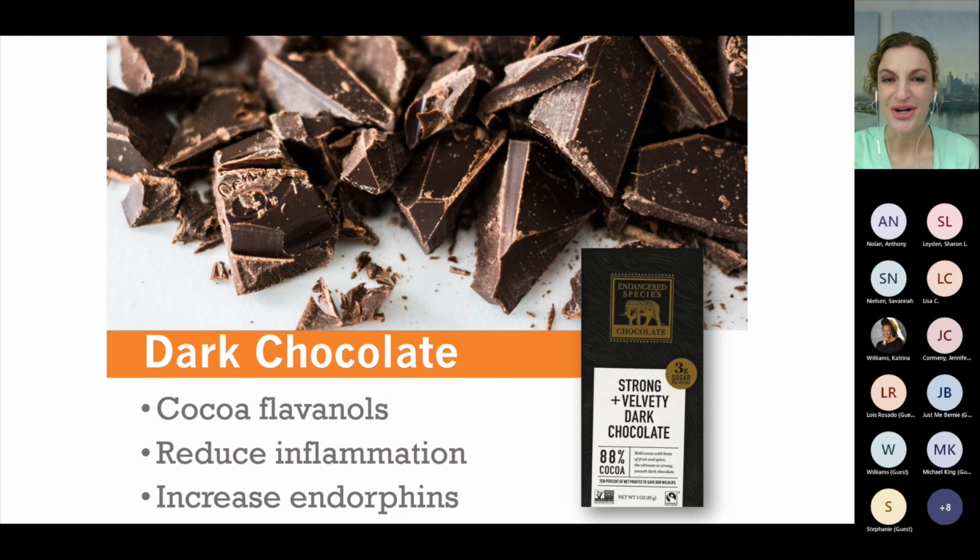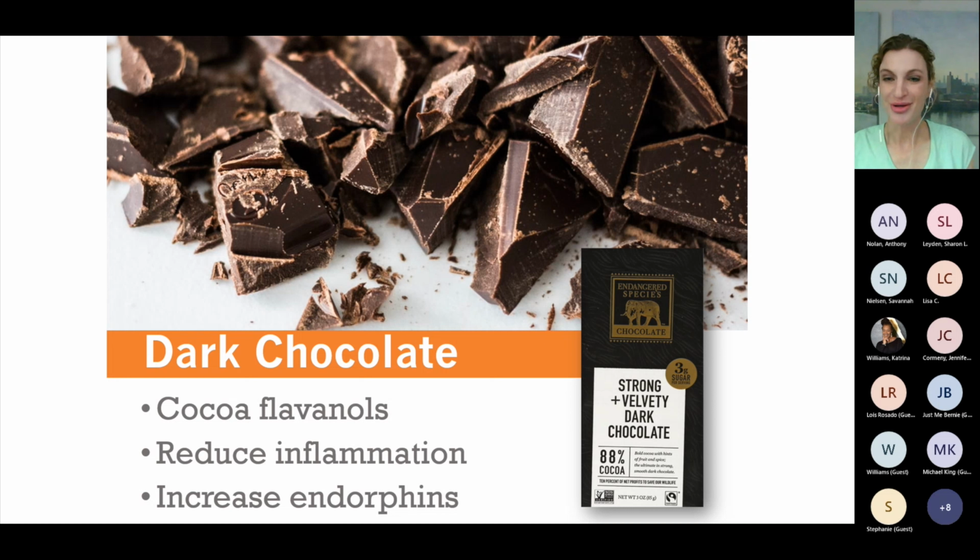Remember, the darker the chocolate is, the higher the antioxidant value. So a little square is a great option. And actually, having a little bit of chocolate can be very helpful for people that have high levels of anxiety. Plus, chocolate also gives us a source of magnesium as well.